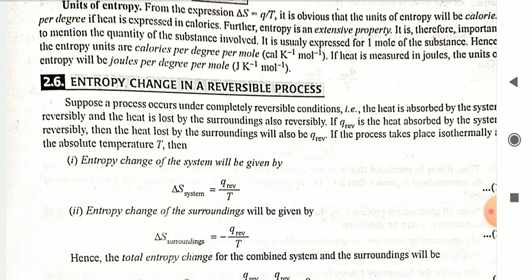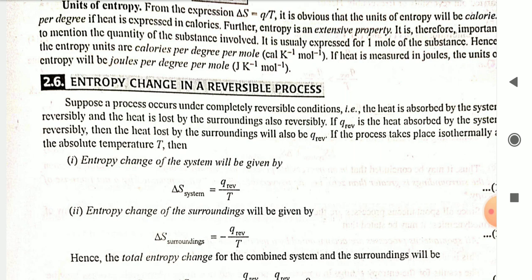Entropy change in a reversible process. Suppose a process occurs under completely reversible conditions. The heat is absorbed by the system reversibly and the heat is lost by the surrounding also reversibly. If Q reversible is the heat absorbed by the system, then the heat lost by the surrounding is also Q reversible. If the process is taken isothermally at absolute temperature T, then the entropy change of the system will be given by